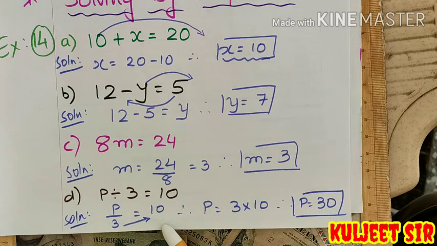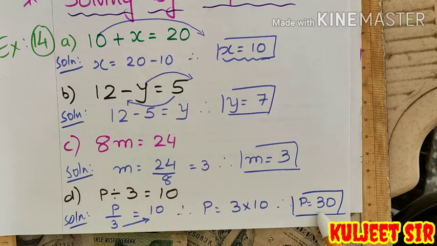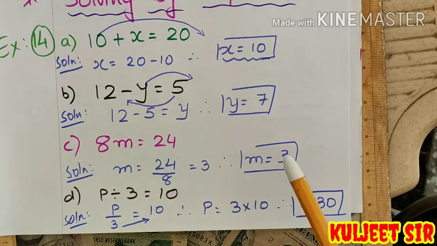And the last one in this, D. p is to be divided by 3 on the left hand side, and then I have 10 here. p upon 3. When it is p upon 3, I can always take 3 and multiply it with 10. You can see here I've shown it with the arrow. 3 gets multiplied with 10. So p remains constant here. 3 multiplied by 10, I get the value of p is equal to 30. So this is how you get your answers, by using the method of inspection.